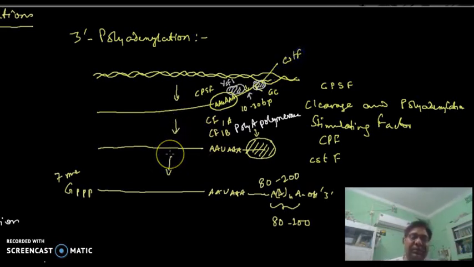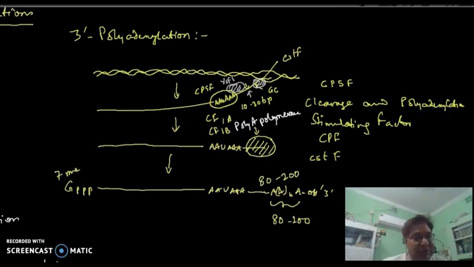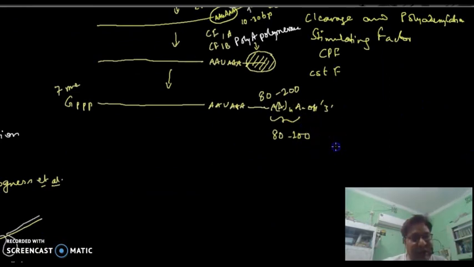So this is the machinery for polyadenylation, and polyadenylation occurs to increase the stability of the mRNA in the cytosol, because there are many exonucleases that might cleave the RNA from the 3' end,